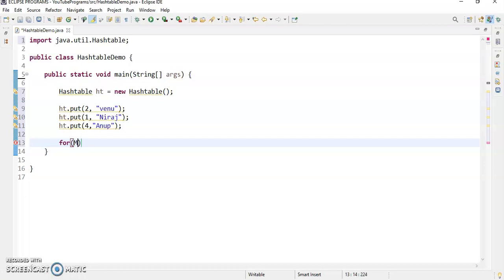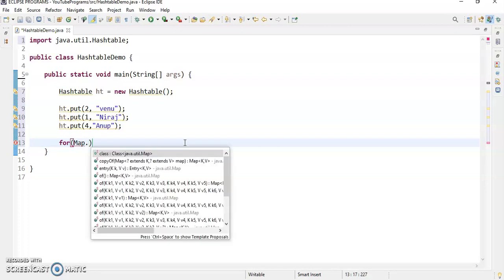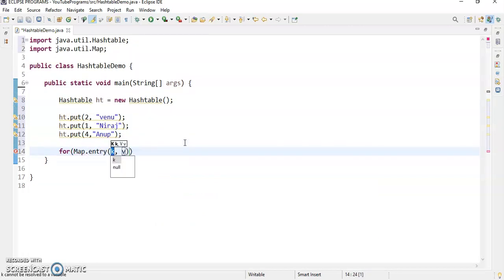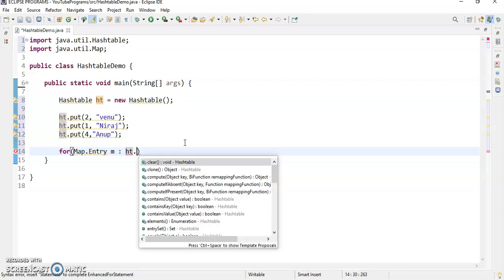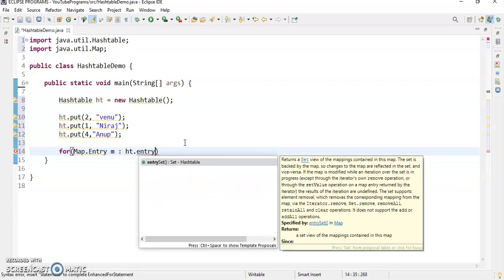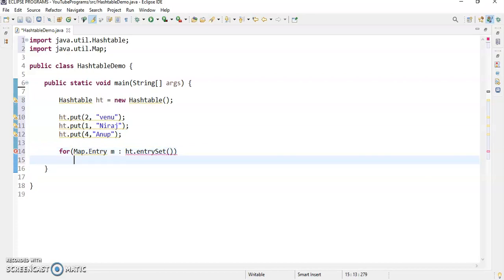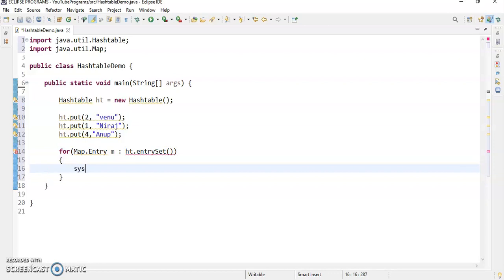So whenever I want to use the Entry interface, first I need to use the name of the Map interface, then inside that an Entry, which is a sub interface, and I will create one object, entry m colon ht, because it is an object of that, and I want to use the method entrySet, right? This is a method of your hash table.